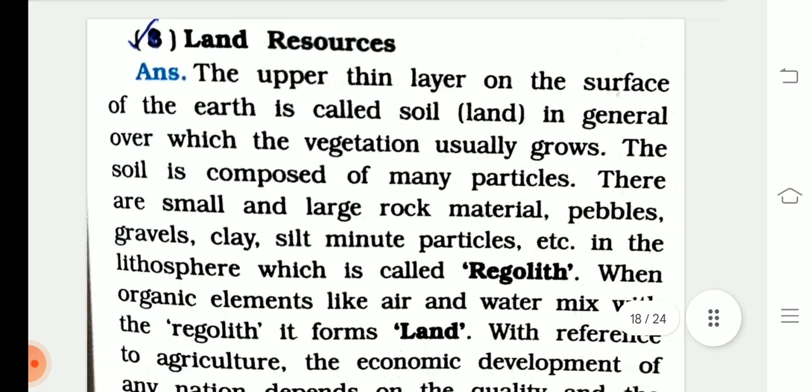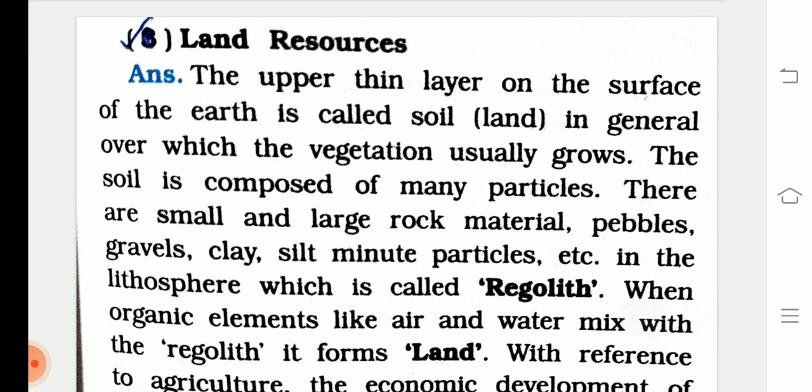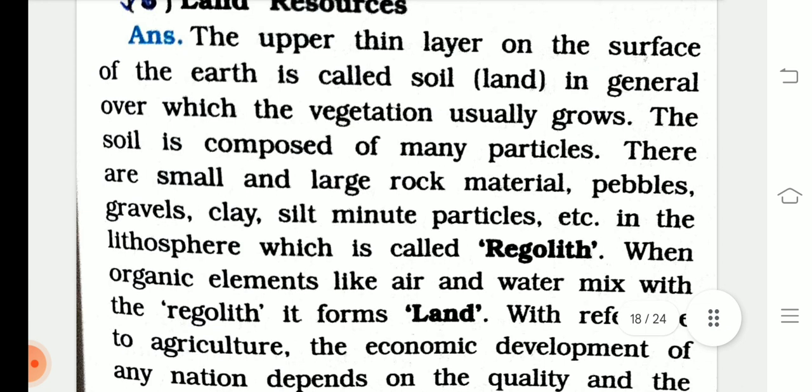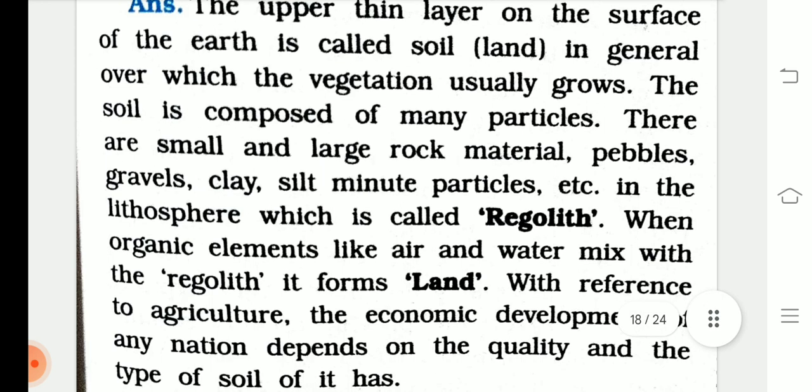Next one is land resources. The upper thin layer of the surface of the earth is called the soil, in general, over which vegetation usually grows. The soil is composed of many particles. There are small and large rocks, pebbles, gravel, clay, slate, minute particles, etc. In the lithosphere, which is called the regolith, when organic elements like air and water mix with the regolith, it forms